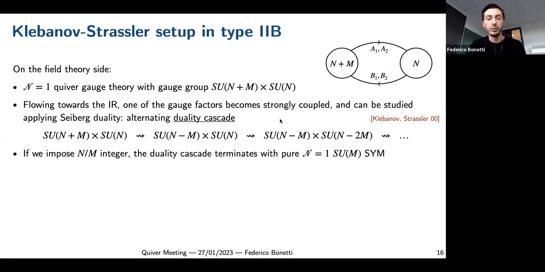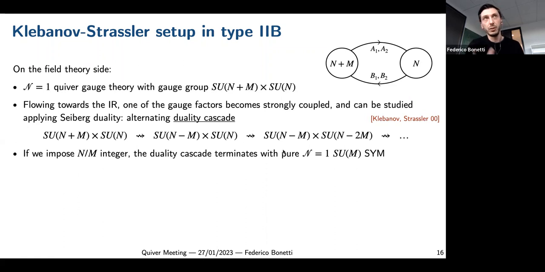That is going to change the ranks alternately on each node, one node and then the other, and so on and so forth. And if the ratio of N and M is an integer, what one expects at the end is pure super Yang-Mills. But indeed,